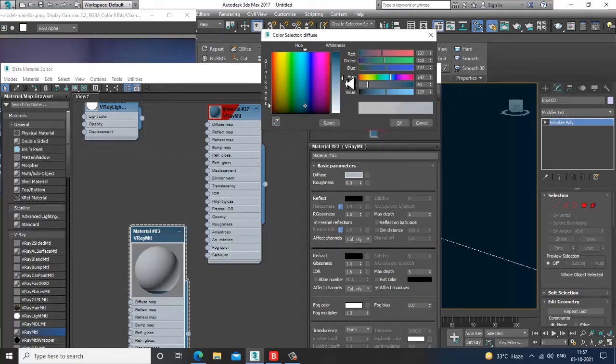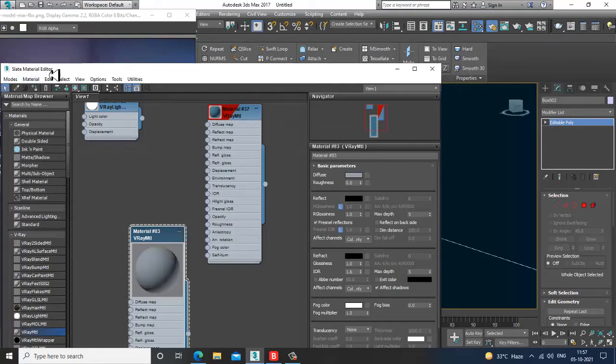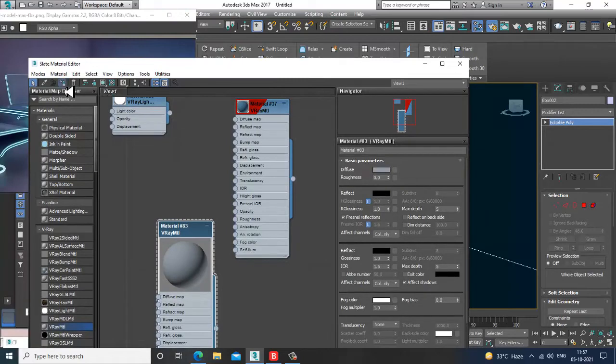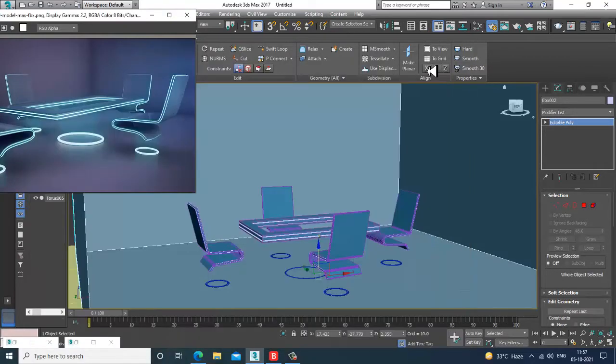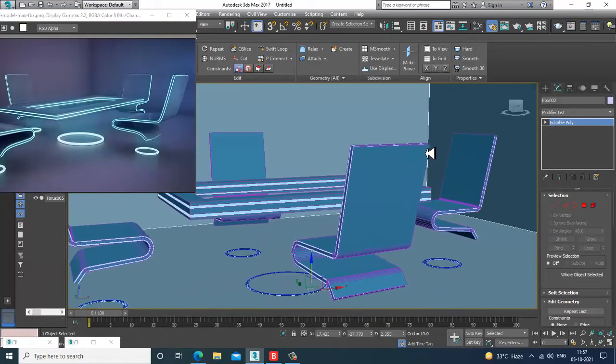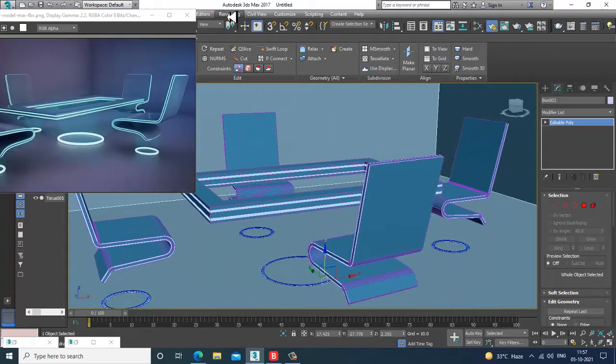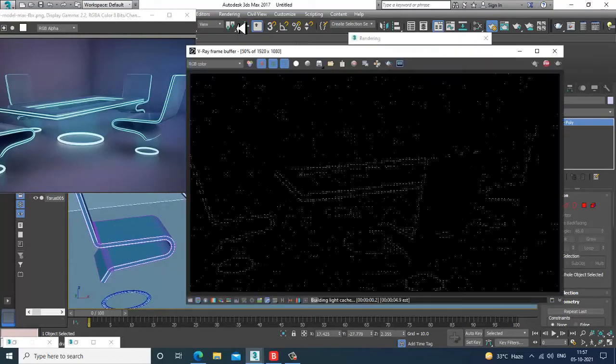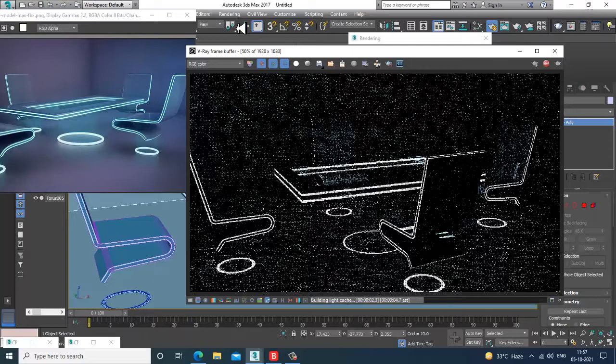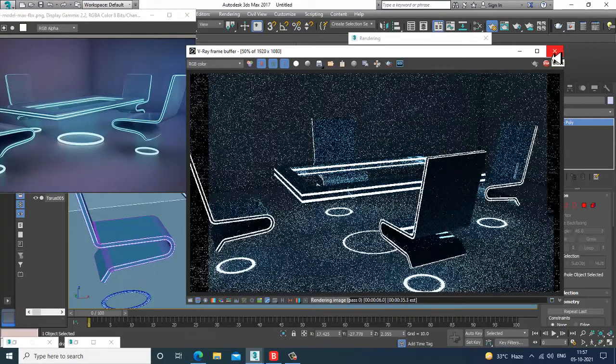Alright, I'll just assign this. We have not done any kind of render settings yet over here. We are just going through some modeling stuff.